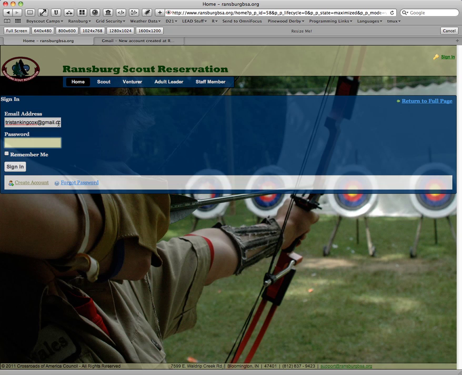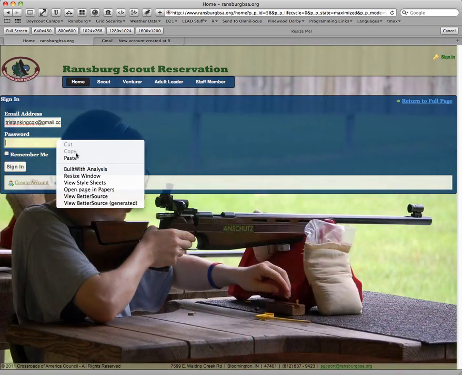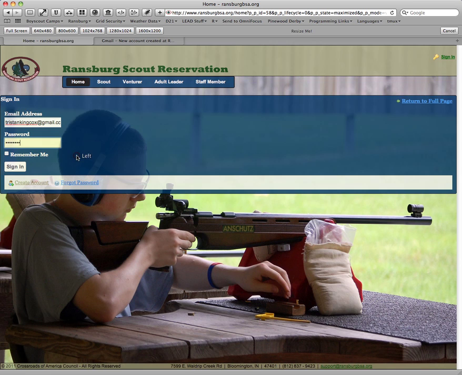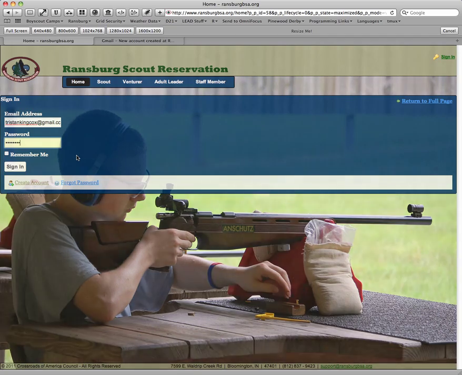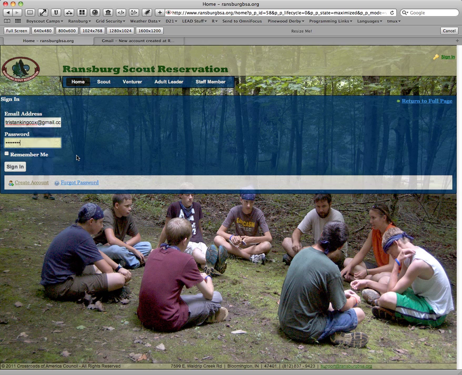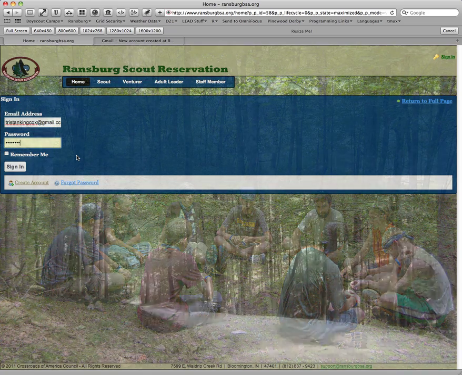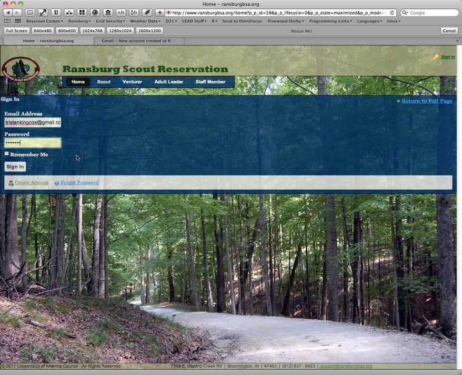We're going to paste in, and you can either right click and paste, you can hit Control V if you're on a Windows machine, or you can hit Apple V if you happen to be on a Macintosh based machine. If you happen to be on a Linux machine, I'm going to assume you know what you're doing. So click sign in,